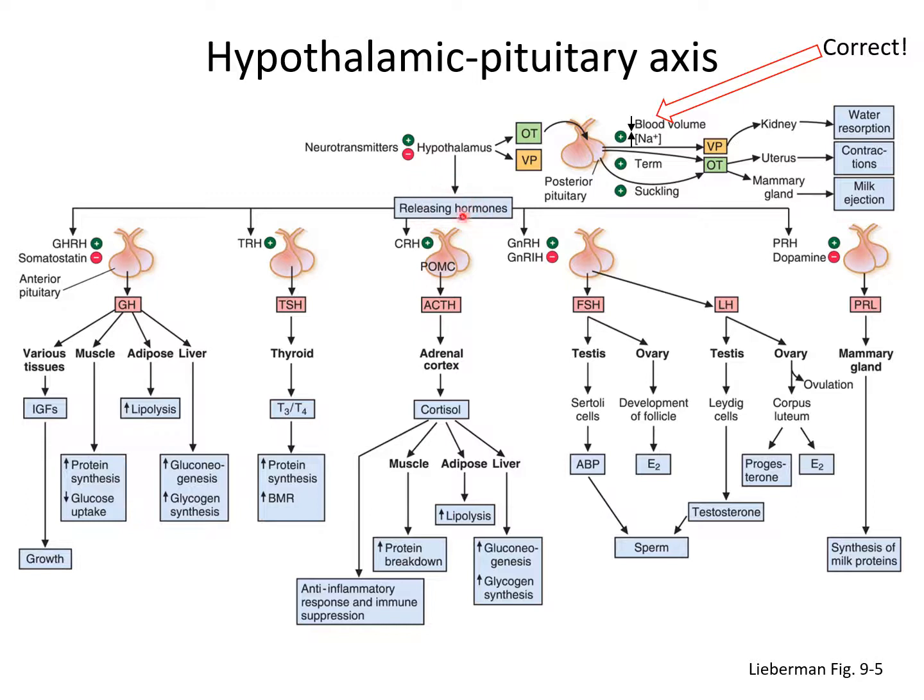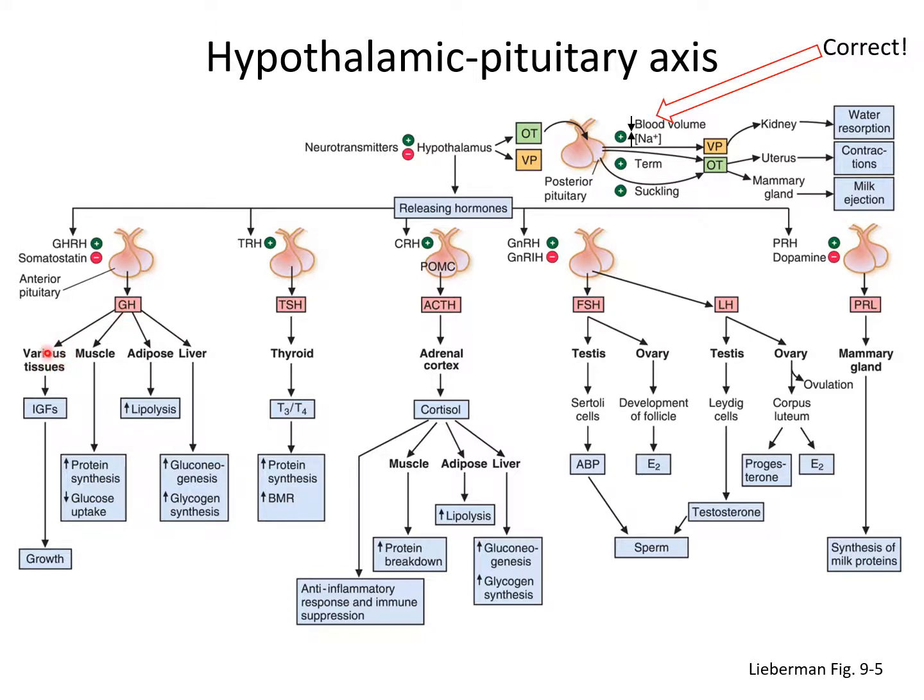So you're going to act on the anterior pituitary, and the anterior pituitary is going to release several different hormones that are going to result in some sort of biologic response. So we'll start here. If the hypothalamus releases growth hormone releasing hormone, then you're going to activate the secretion of growth hormone, and that'll act on all